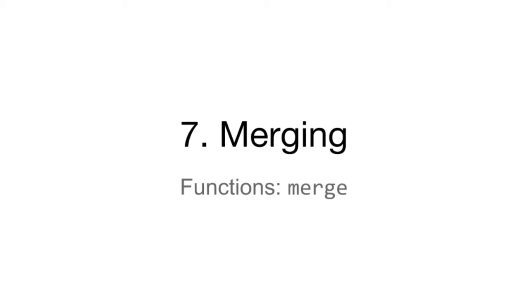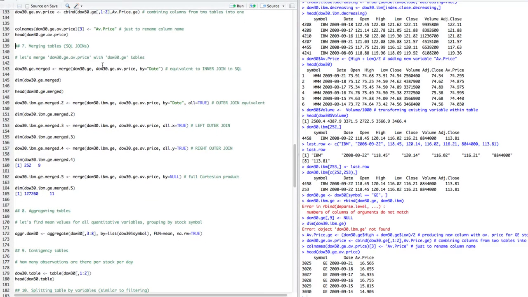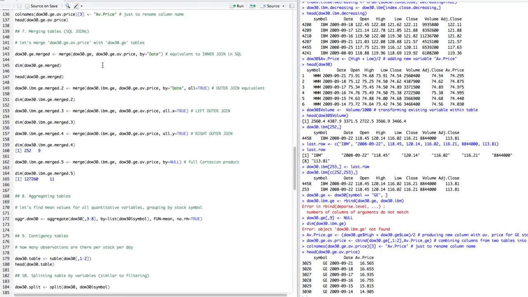So merging in R is done with the help of the merge function, and it's equivalent to SQL join. There are a few types of join, and you can implement all of them with the help of merge functions, specifying different parameters. The first and the most simple way is to use merge function by just specifying table